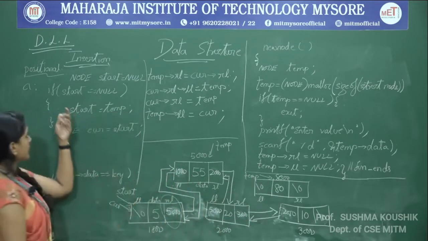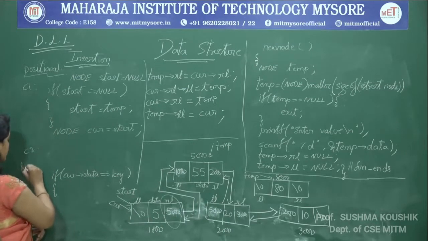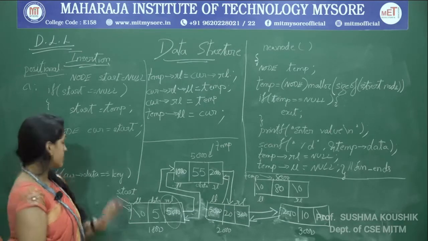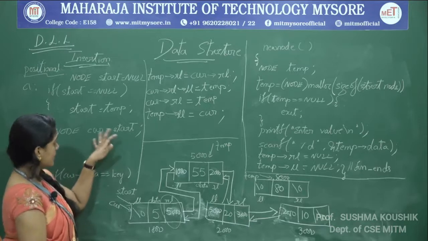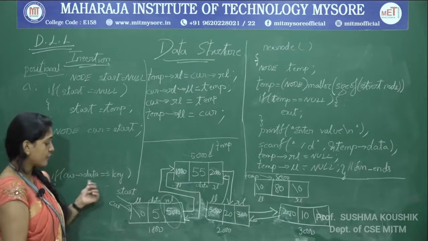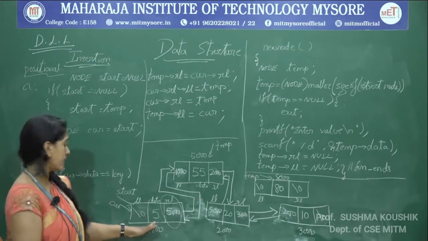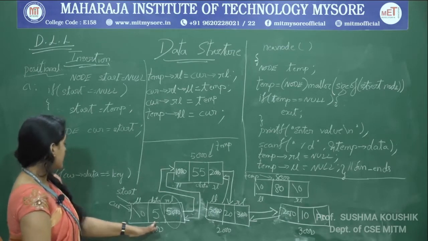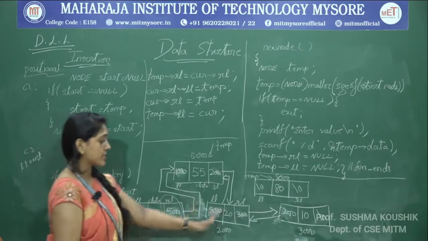Right now what we did, okay, no more the case 1 does not exist. Case 2, linked list already exists. Okay, we are with the case 2 now. With this scenario, if I come here, I can see that start is equal to current is equal to start, it is in first position. I cannot do directly insertion if current of data is equal to key. Current of data is not equal to key in the scenario. So what should I do? Until current of data is not equal to key, we have to keep traversing it.